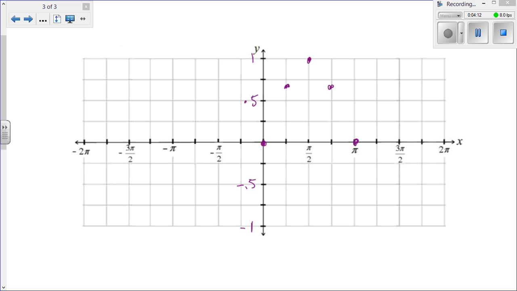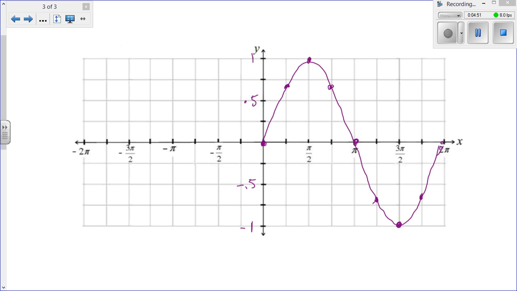At 5 pi over 4, we had negative 0.7. At 3 pi over 2, we had negative 1. At 7 pi over 4, we had negative 0.7. And at 2 pi, we had 0. So it's one smooth continuous curve, and we connect our points. Okay, notice the patterns, and then use this pattern of continuous curve to graph y equals sine x from negative